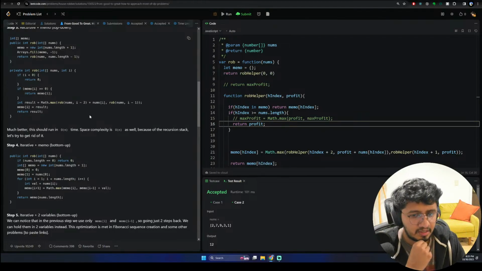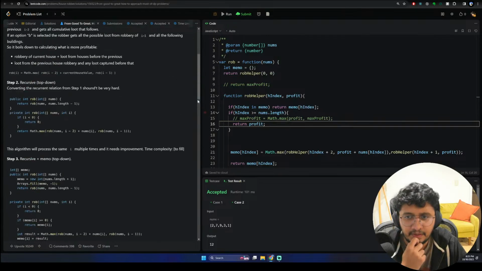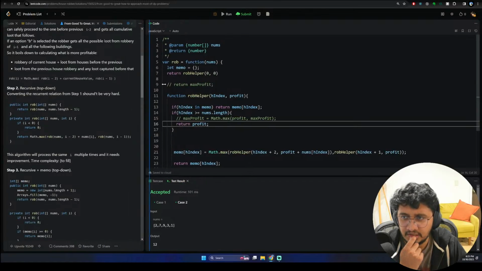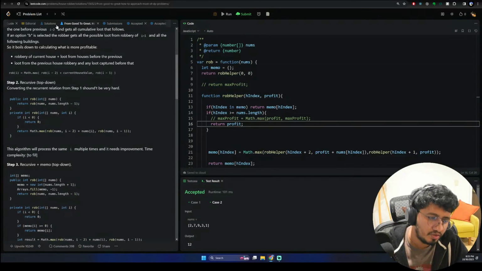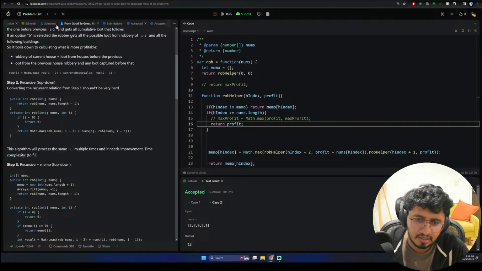Looks like we were not able to do it as we were expecting. But how did my first approach work and not the second one? Me storing the profit at every end, is that